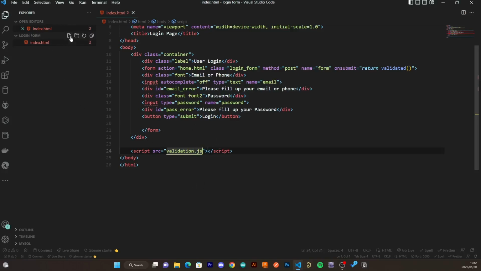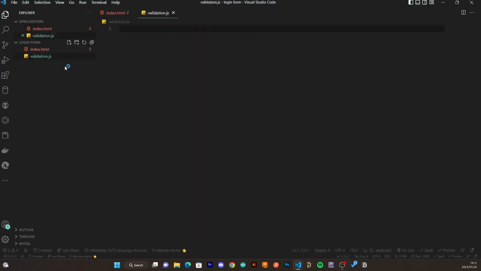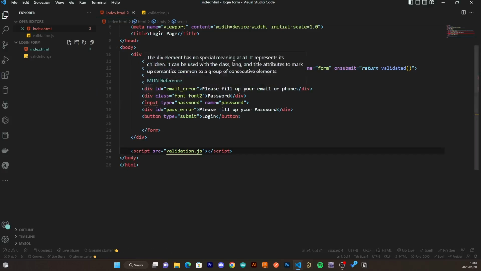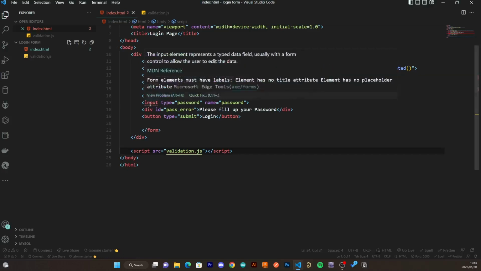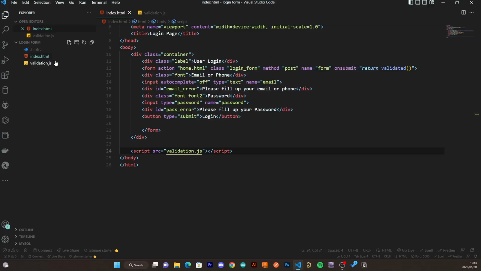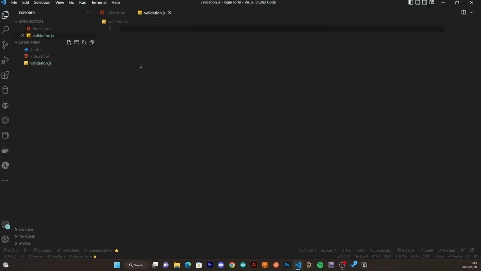Let us make sure that we create validation.js right here. You can see that my HTML is prompting me that there's an error or something like that because I haven't placed in the labels. But you can disable that by hovering, going to quick fix and ignoring the label accessibility, and you are good to go. But make sure you do have labels inside your